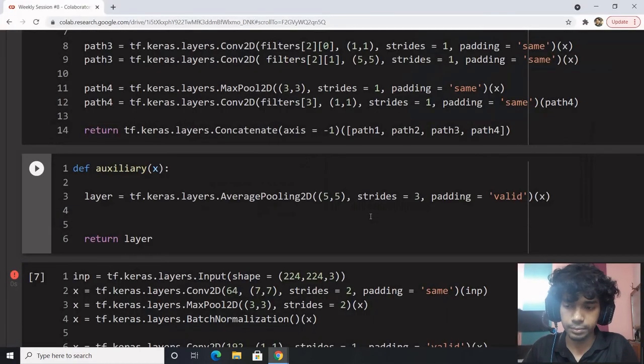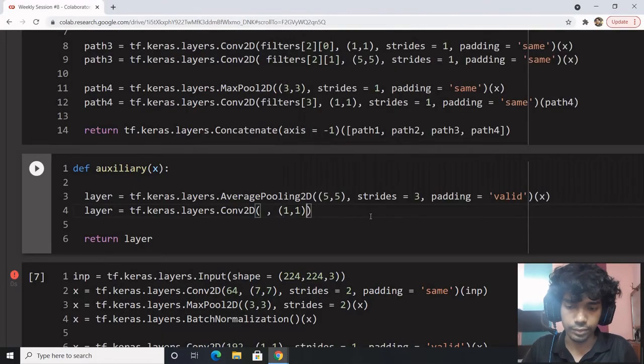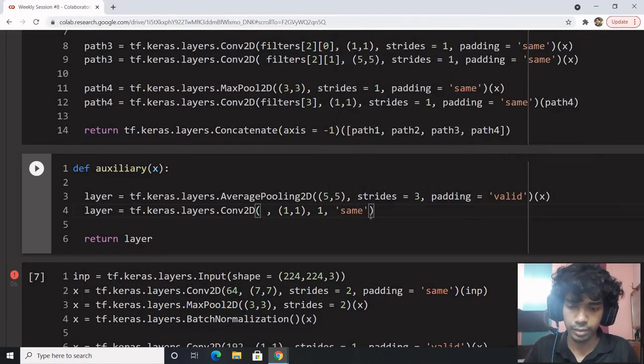The layer is carried forward to a convolution 2-dimensional, of which filters are unknown, and the kernel is 1 cross 1, the stride is 1, it is same, this time it is layer.